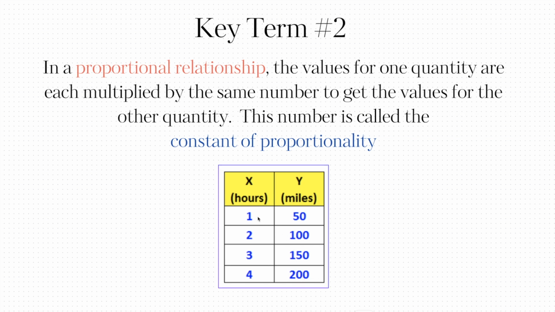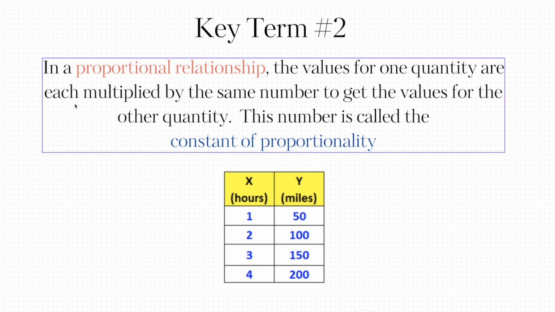To go from this column to this column, notice that we're multiplying by 50. So 1 times 50 gives you 50. 2 times 50 gives you 100. 3 times 50 gives you 150. 4 times 50 gives you 200. So 50 is the constant of proportionality